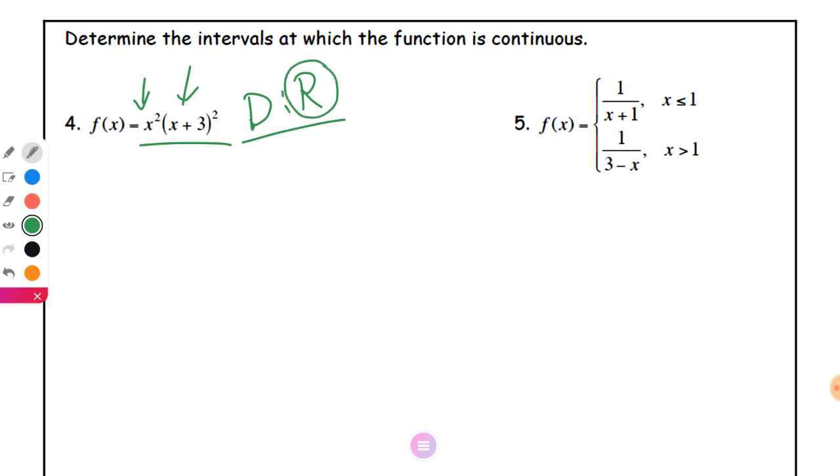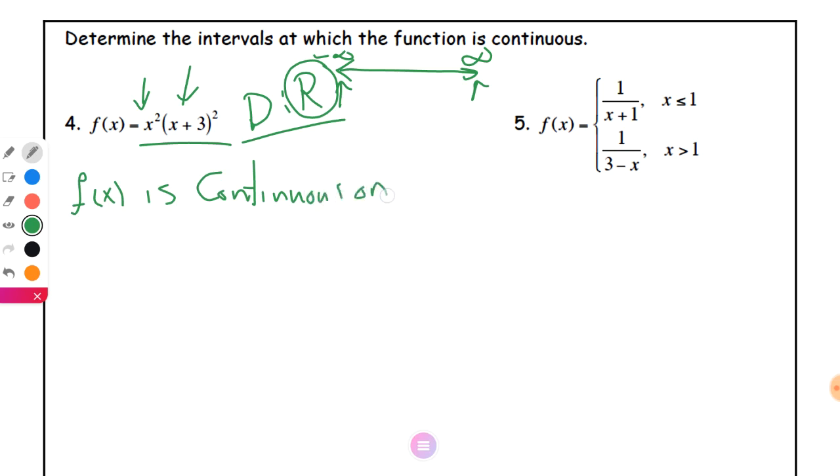By using the number line. Here, negative infinity and infinity mean all of the real numbers from negative infinity to infinity. So, this function f of x is continuous on what? How do we express this by using an interval? Negative infinity, but it must be open, and infinity must be